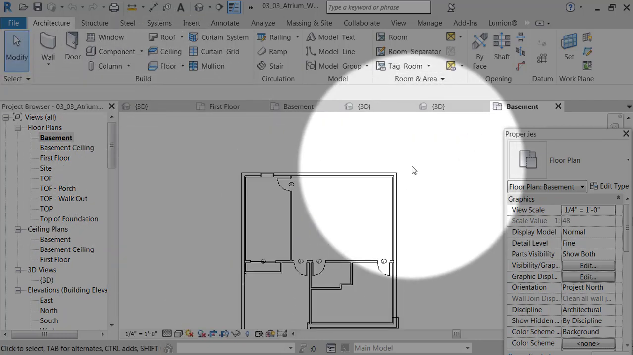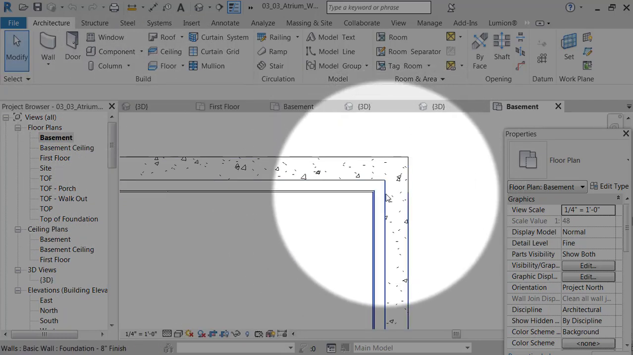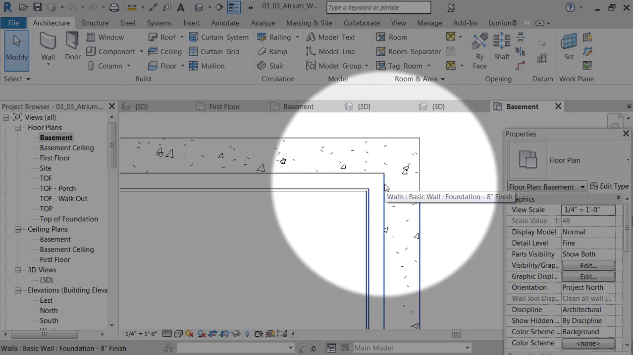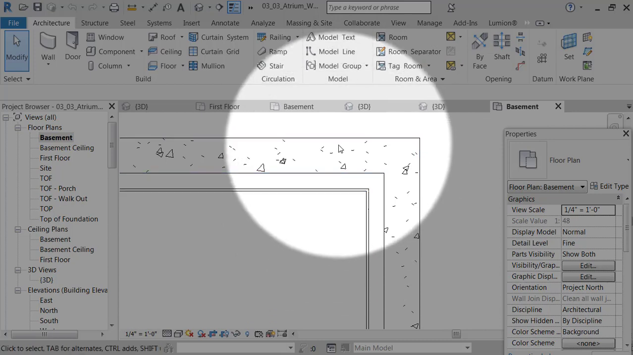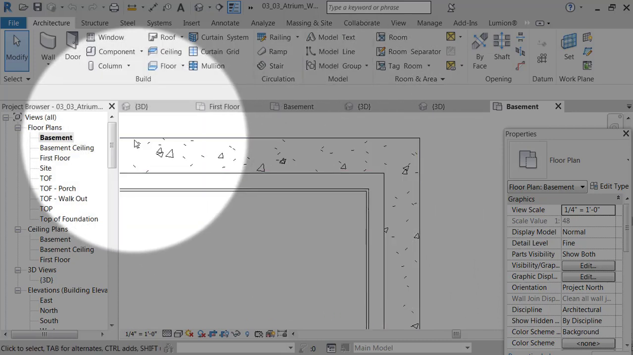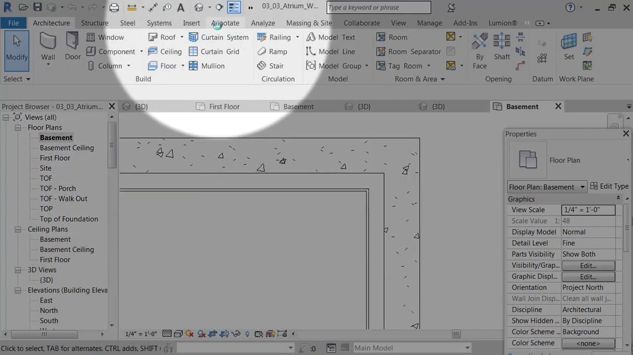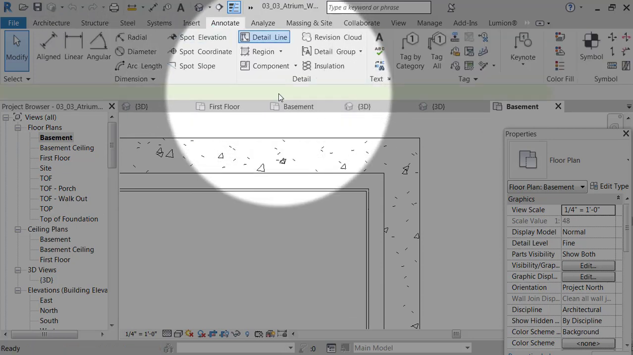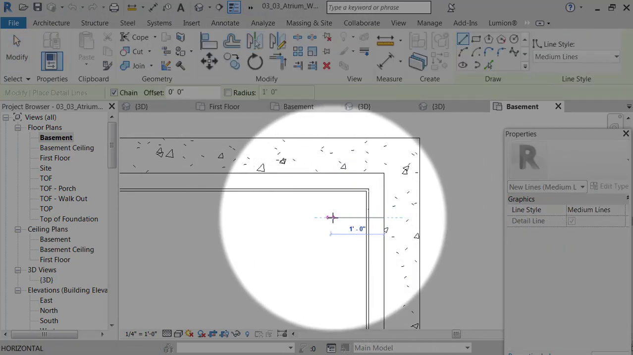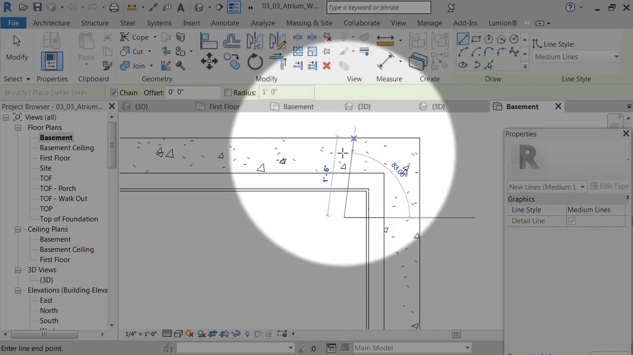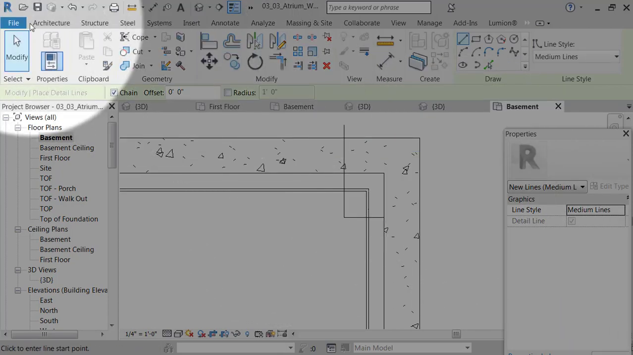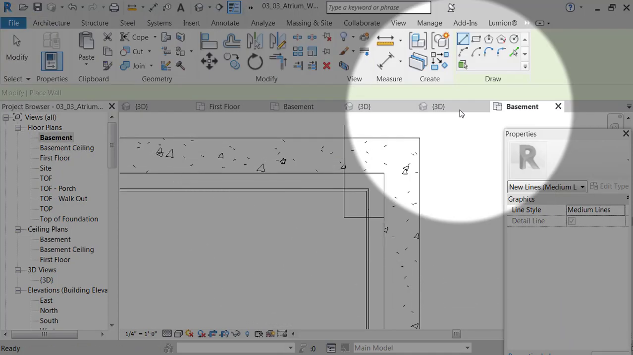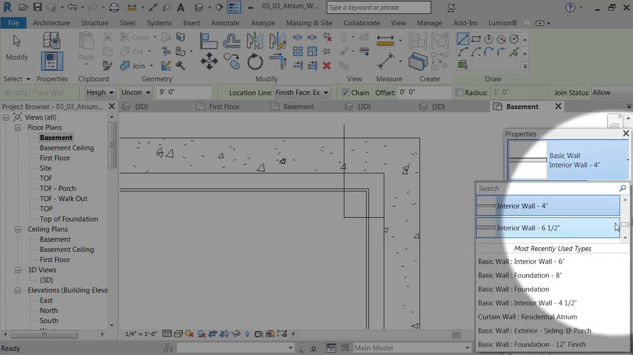in the floor plan, and I want my window to start 9 inches from this structural edge. So how do I mark it? Go to annotate, detail line, from here 9 inches and straight up. Then you have to just click here, go to walls and click the atrium window